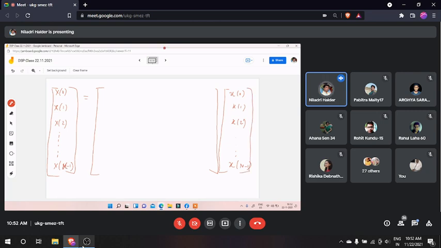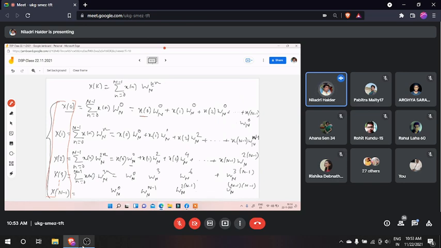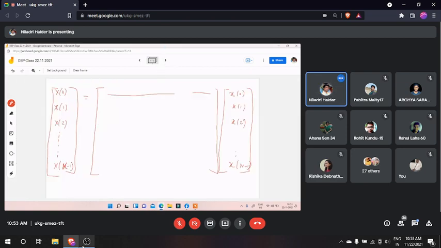So what will be the coefficient? See, capital X0 will be that row multiplied by this, means x0 into first value plus x1 into second value plus x2 into third value, like that. So if we consider that, then x0 into first value is this, x1 into second value is this, x2 into third value is this. So if we consider the coefficients and write down the matrix, then you can write down all the expressions I have written on the last page.